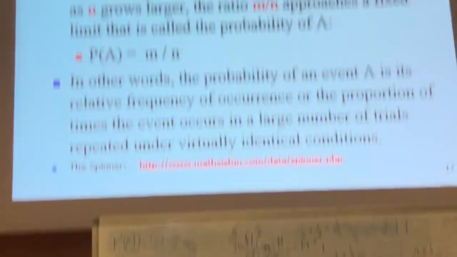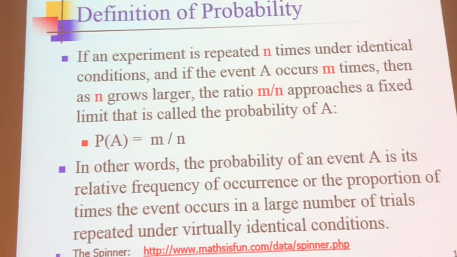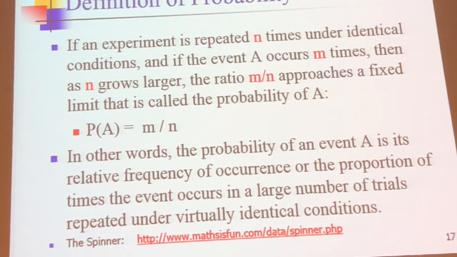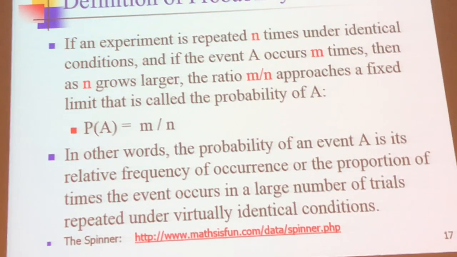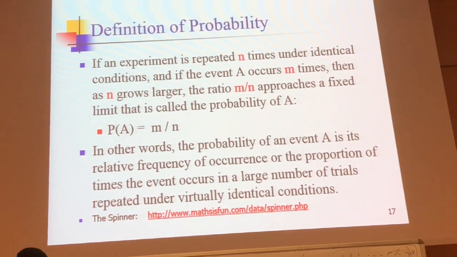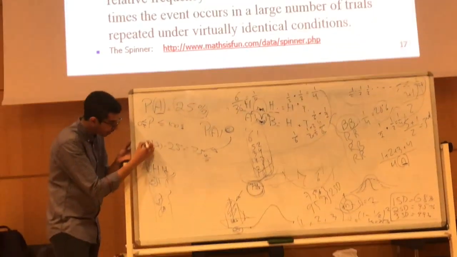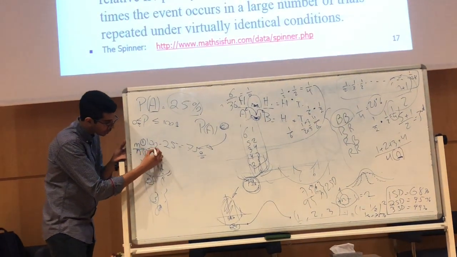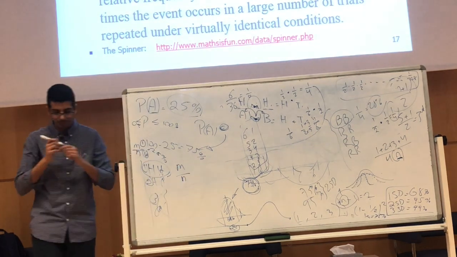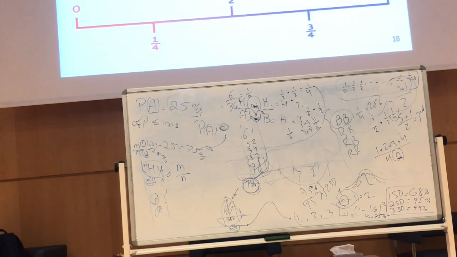So this is what I explained to you. Remember when I put 1 out of 4? I put heads and heads, tails, and whatever, 2 more. So 1, 2, 3, 4. I told you that we take the one we're interested in and put it over everything else. The one we're interested in, we abbreviate it with M, and everything else is N. So M here is 1 over 4, equals 25%. This is basically just M over N. I explained it, I don't need to go over it again. This is just a quick example.